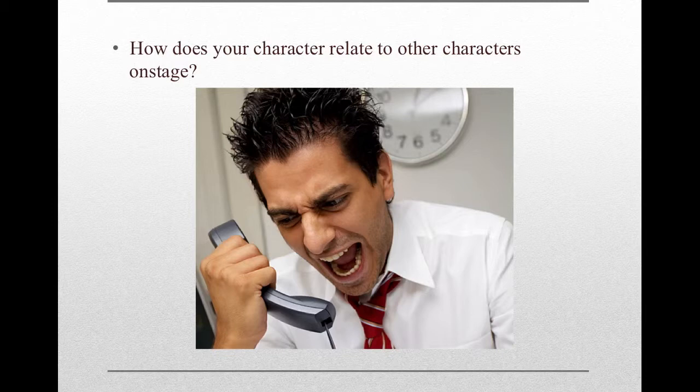One big question here is status. Who holds the power and who needs the power? And at what point in the play maybe does that power shift? So,